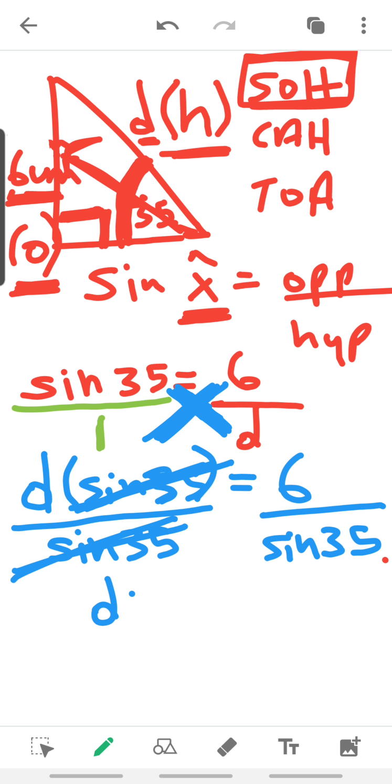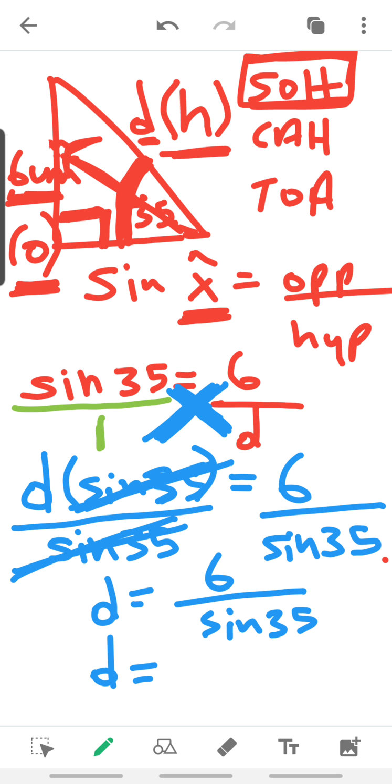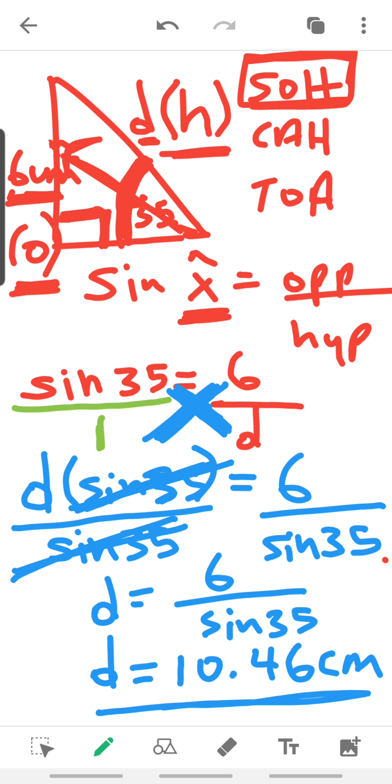And now we have d is equal to 6 over sine 35. So in your calculator, all you're going to do is put 6 in your calculator divided by sine, and you have your brackets, sine 35. So when you say 6 divided by sine 35, you're going to get 10.46. And then, of course, because we got it in centimeters, we're going to say cm. And that is all we do to solve for these